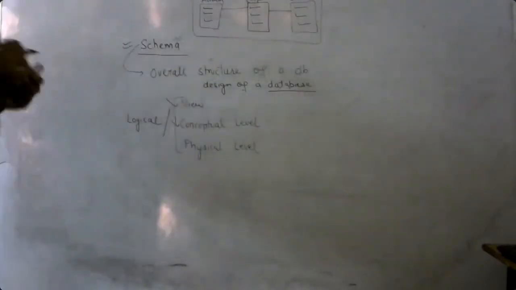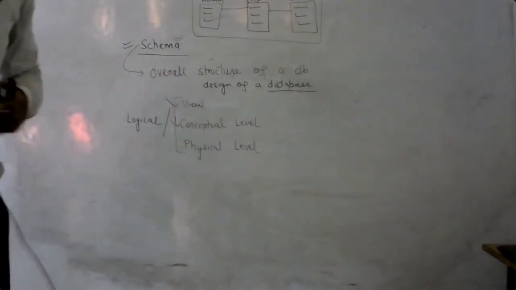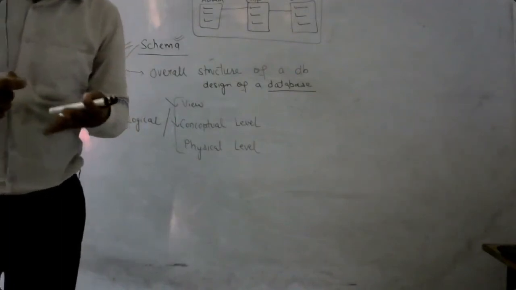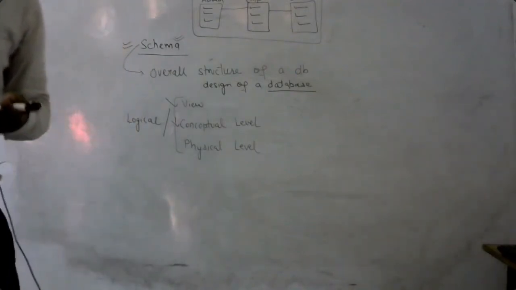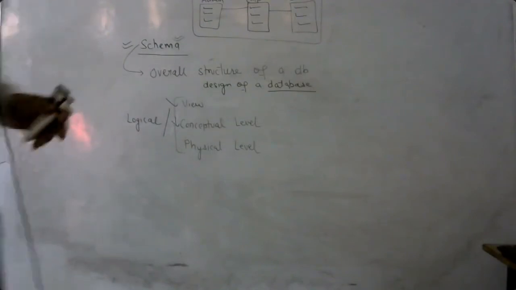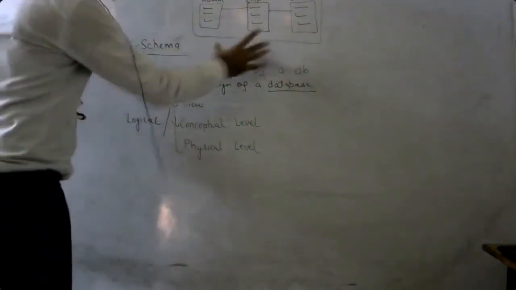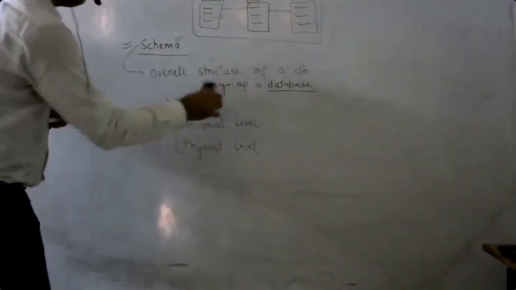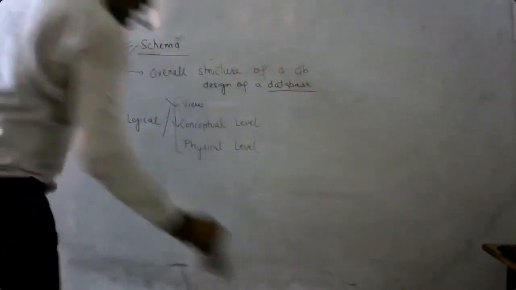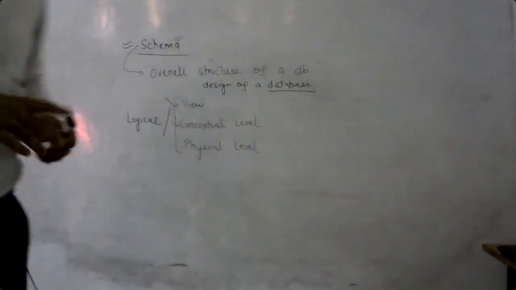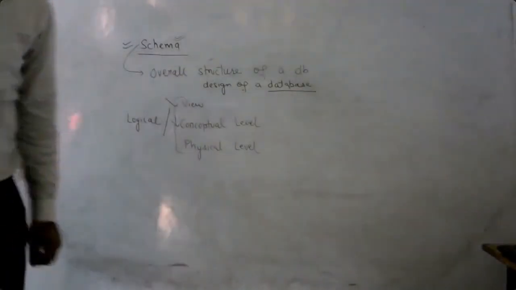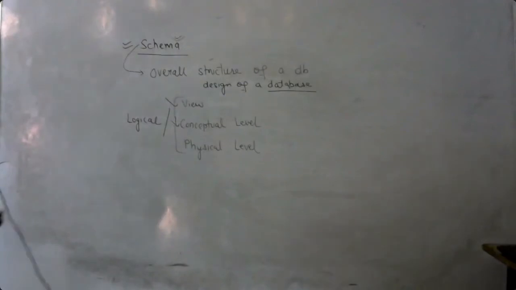So this design is developed on paper first. See, directly we don't code on the computer. First we work on the papers. First we make the document, then we work accordingly so that later on there should not be any issue or problem. So when we talk about the schema, it means the overall structure or overall design of a database, meaning how many tables are there, how many relations are there, and how they are interlinked with each other. We design on paper, and that thing is known as the schema of that database. I think you all might have got it.